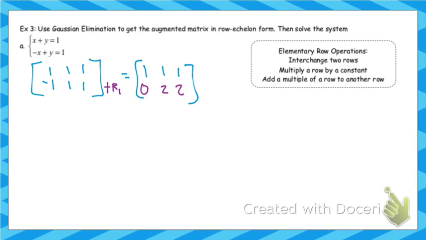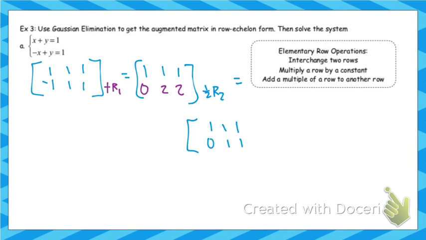Now, what I need to do is have 1s on my diagonal. Well, one of them already is. The other one's not, so this 2 needs to become a 1. And the easiest way to do that is to divide by 2, or multiply by 1/2. So I'm going to take 1/2 of that row, which turns it into